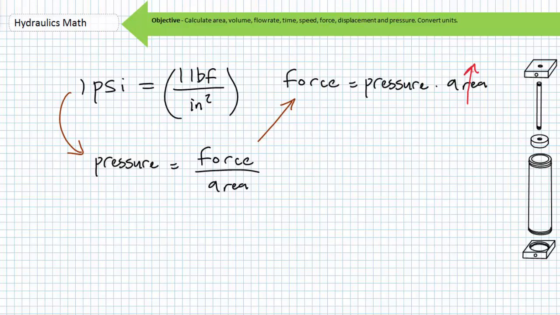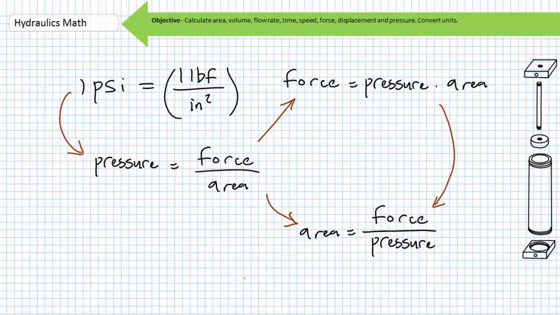Same pressure, more area, means more force. Same pressure, smaller area, means less force. Another equally valid rearrangement of these units tells us that area is units of force divided by units of pressure. This three-variable relationship is known as Pascal's law, and it is the principle that governs the force exerted by a